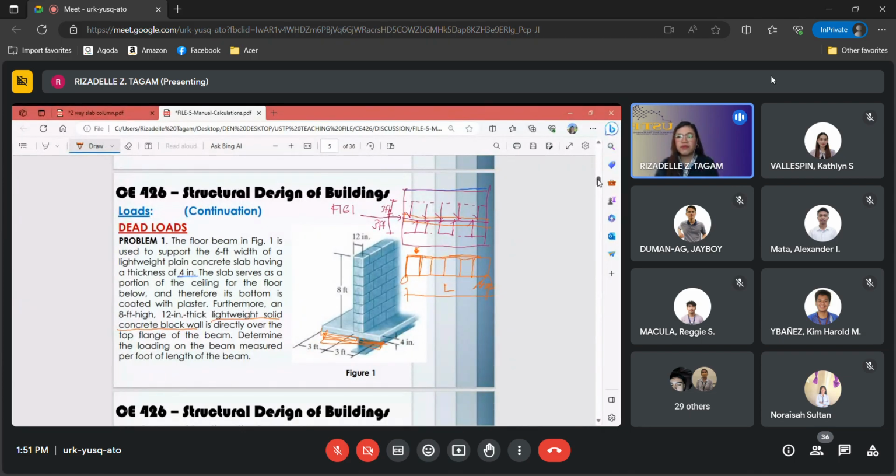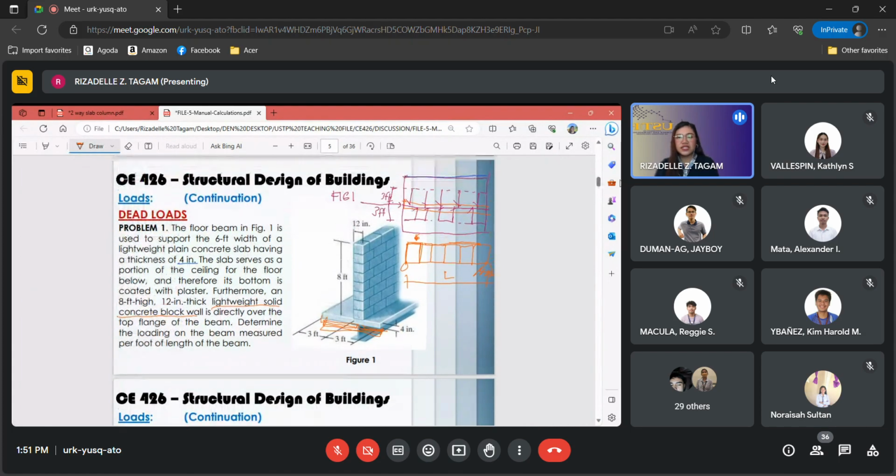So, the problem: what are the dead loads carried by our beam? First is the slab. Second is the ceiling plaster. The third is the weight of the lightweight concrete wall. So solve the